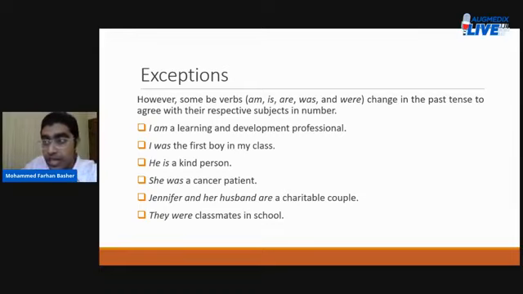He is a kind of person. When you say is, you mean right now, as of now, currently, presently. But when you say she was a cancer patient, you mean she used to be. She is not a cancer patient anymore, but she was. So here, you see, is and was agree with the number of their subject. If I were to talk about, for example, she and someone else, then was would change to were, such as, for example, let's say they,